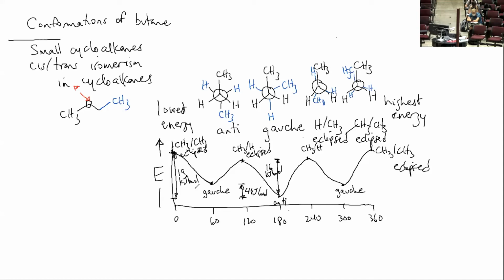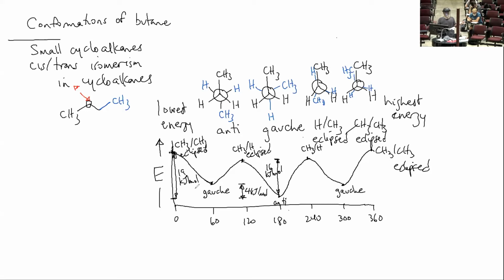I should mention, just like there's many molecules that behave like ethane, there's also many other molecules that behave like butane. You can replace both of those methyl groups with OHs. Call that molecule ethylene glycol, and you'll find that in antifreeze. Behaves very similarly to butane, except I guess instead of methyl hydrogen and methyl eclipsed, you'd have OH hydrogen and